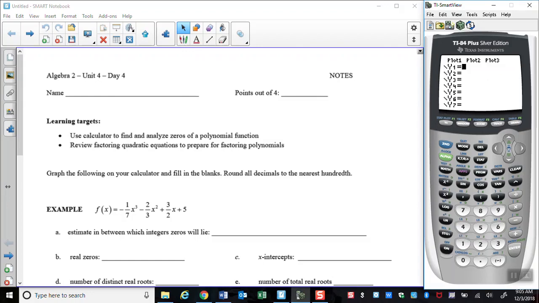So remember, for the negative sign, the first negative sign should be the negative sign next to the period at the bottom. Okay, for fractions, I suggest using parentheses, especially on older calculators. So negative 1/7 x, and you don't have to use a caret. You can do math, and then the third option. So that's cubed,